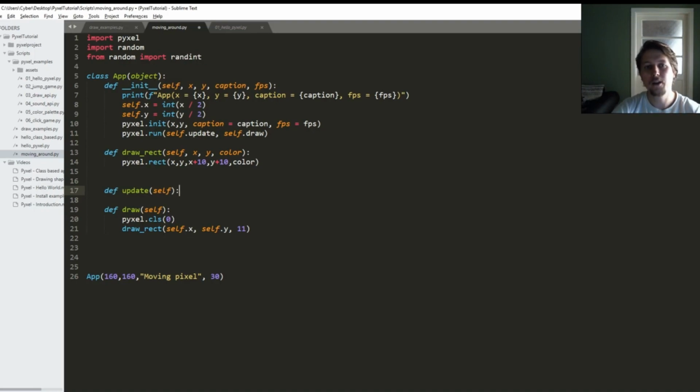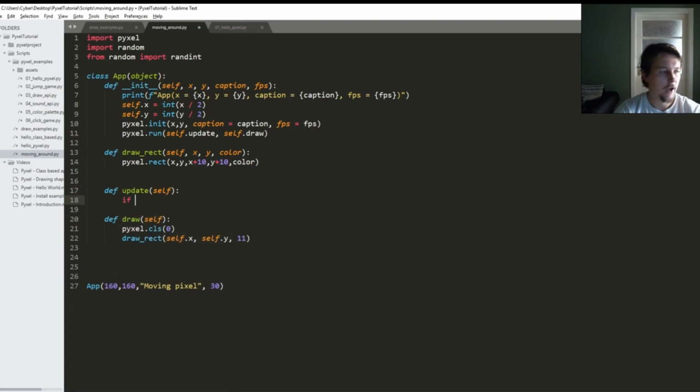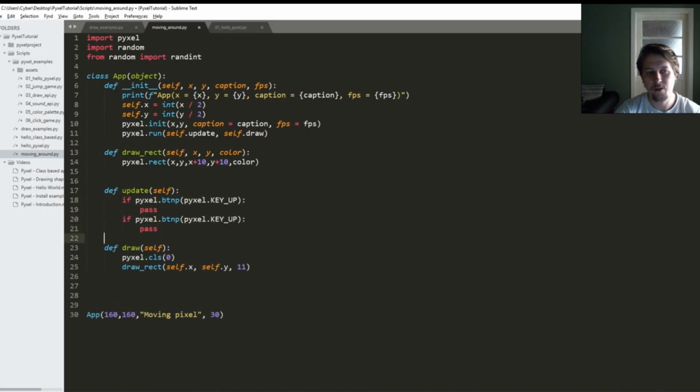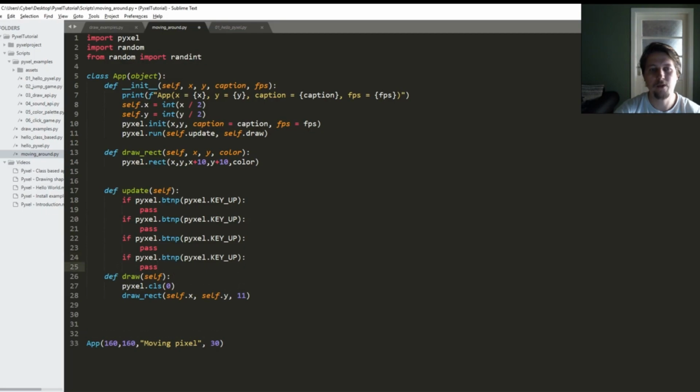But how do I get the controls from the keyboard? In order to do this, all we have to do is check if the Pyxel dot btnp, which is an abbreviation of button press, is the Pyxel dot key up. And this is all we need to do, is to define this up arrow, down arrow, left arrow, and right arrow. So down,